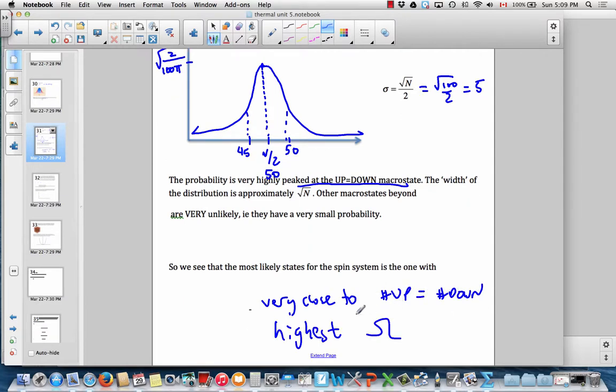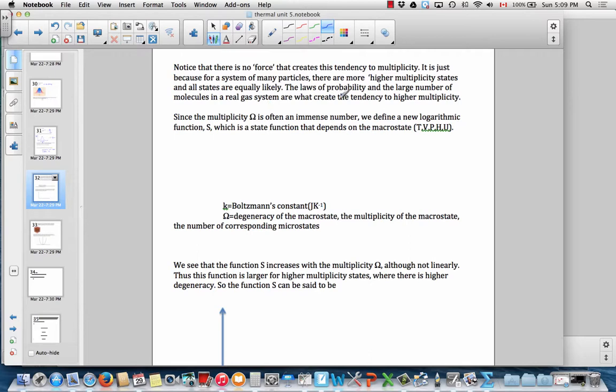And why is it the most likely? Well, because it has the highest degeneracy or multiplicity. Now, there's no force that pushes the system towards that state. It's just the laws of probability. Because there's the highest number of equally likely microstates in that macrostate,